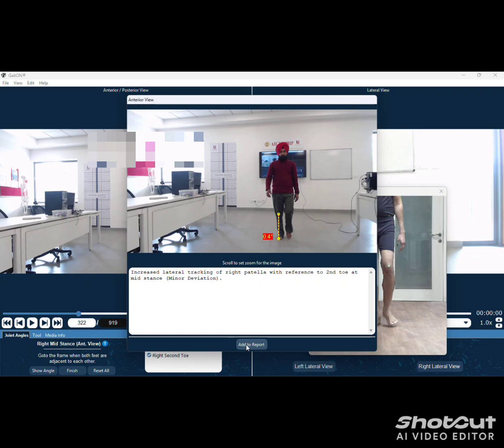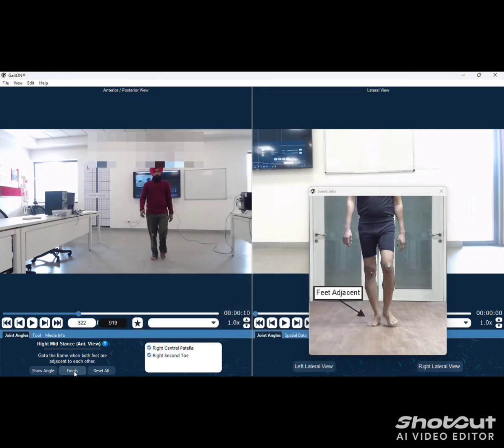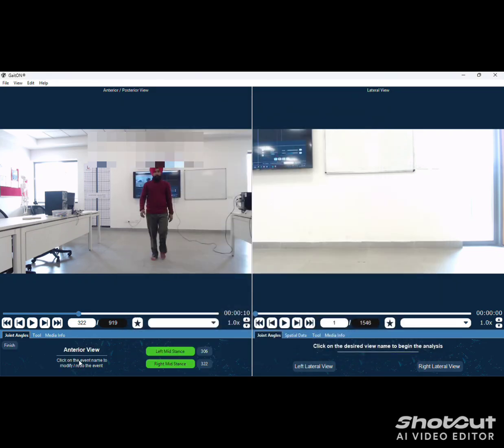Then click on add to report. Next, so we are done with the anterior view. Click on finish. Now we move to the posterior view.